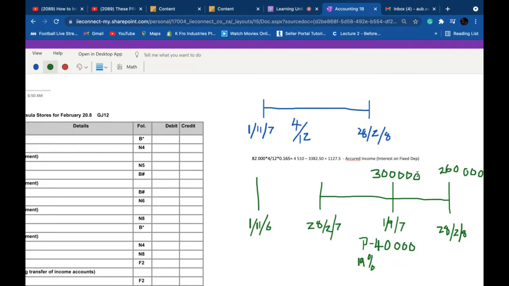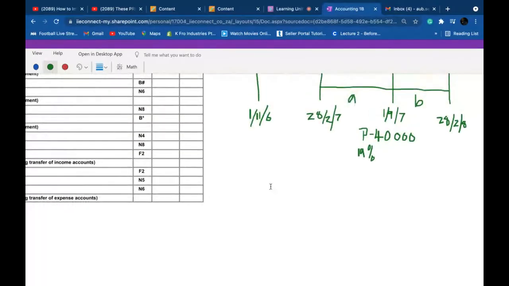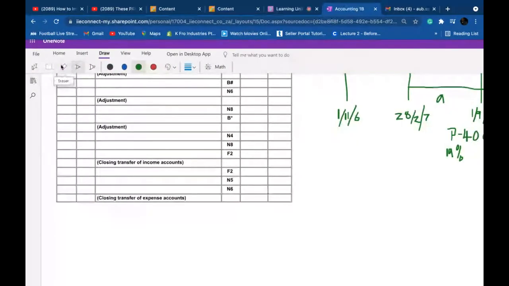Now we ask ourselves, okay, cool. Remember, we want to verify how much interest should be owed as a result of this mortgage loan. What is the interest on the mortgage loan? How much is it supposed to be? So in other words, remember, we're only interested in these two periods, and I can call this A and I can call this B. See, timelines are not going away anytime soon. So let me go back